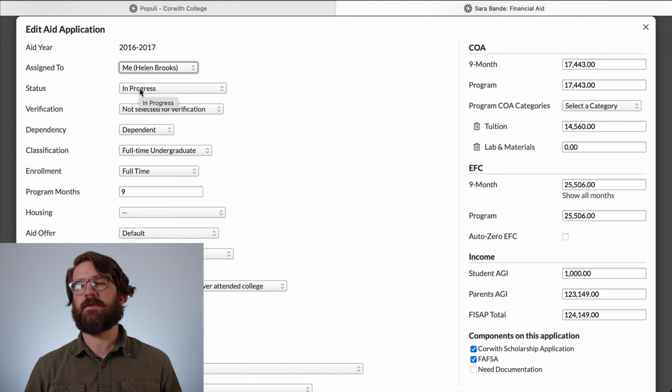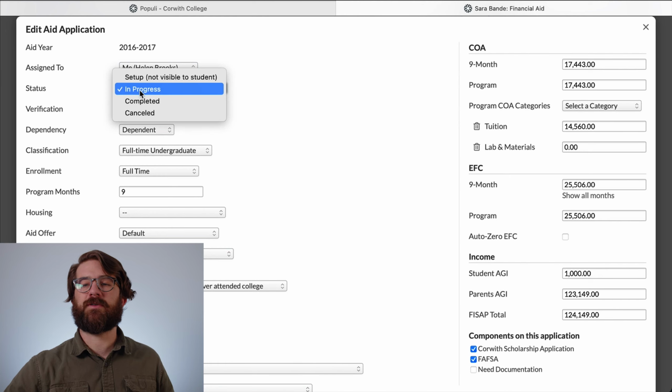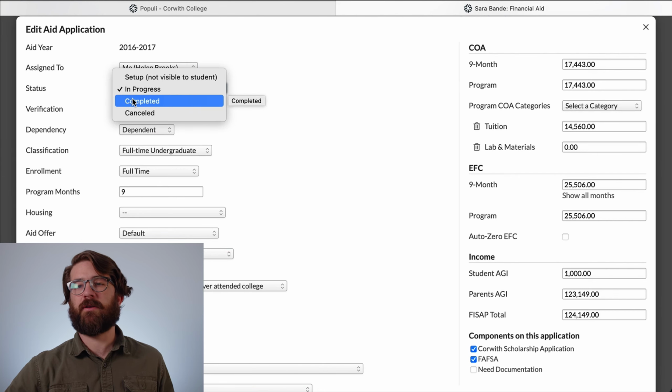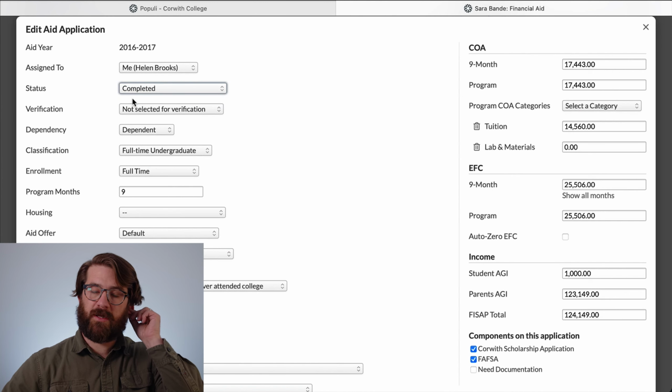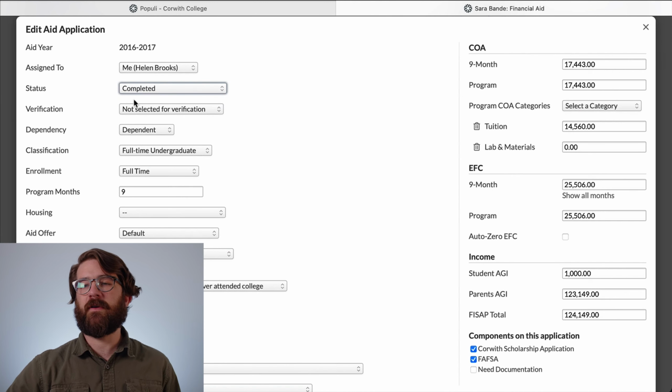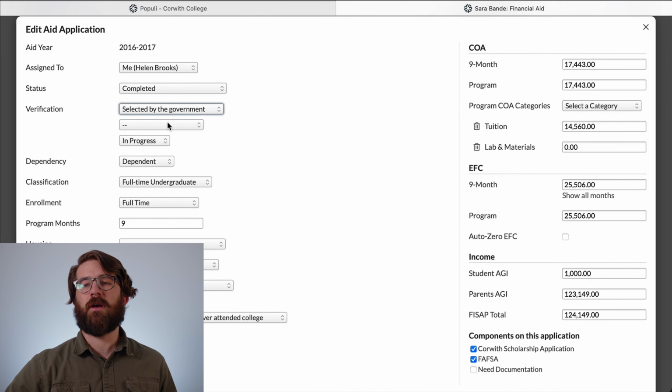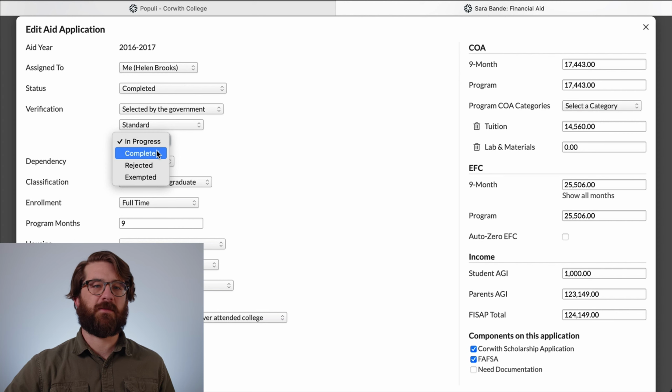And then we've got a few other details over here. One of the big ones, obviously, before you're able to really disburse aid to this person, they need to have a completed financial aid application. So once it's appropriate, you'll set that status to completed. Another thing of interest here, basically the verification. We allow you to manage verification here. We're going to just set up a standard verification, and you can track that through various